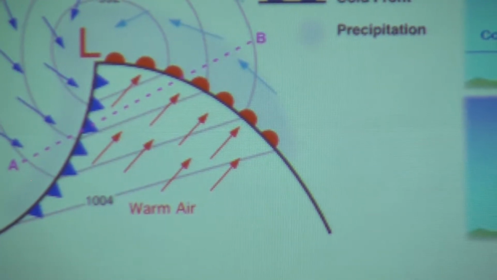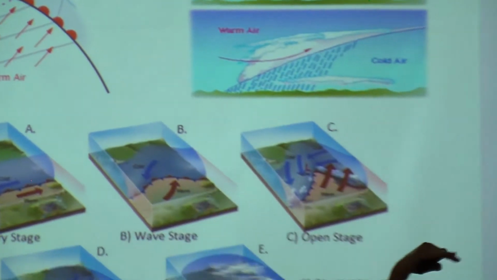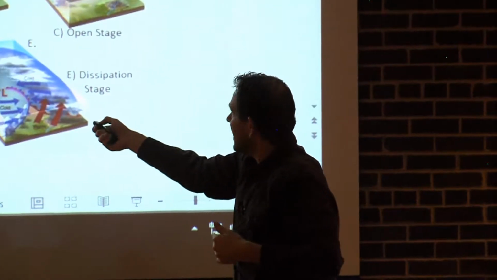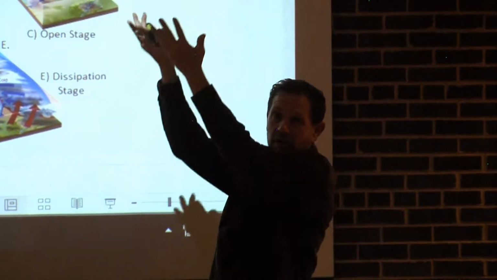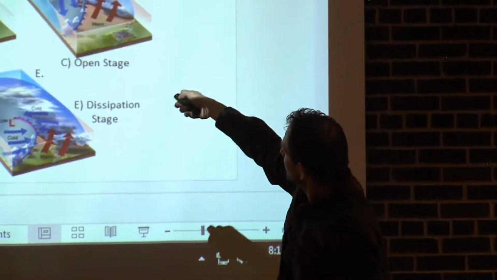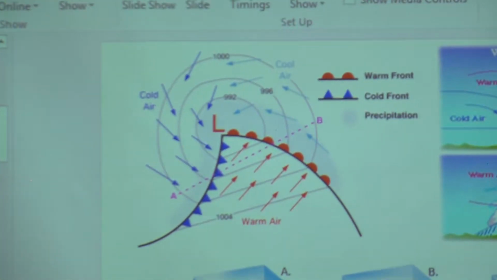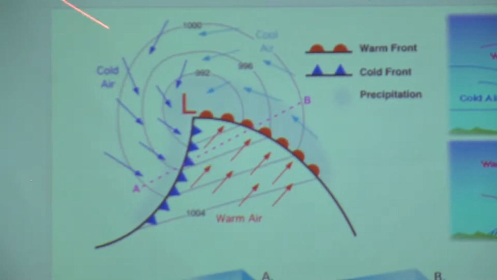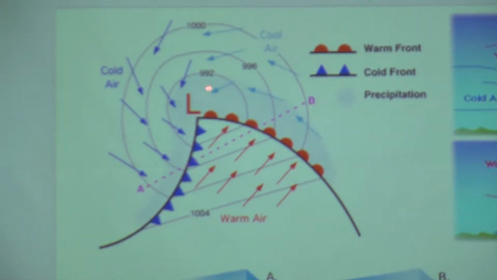Basically, atmospheric pressure is how heavy does the air above you feel? Is it pressing down on you, or is it lifting up and becoming more buoyant, becoming lower pressure? If warm air is being forced up in any given way, the pressure in this area is lowering because the air is rising. All around the rest of the storm, where the air is colder, you have an increase, well, not necessarily right in here, but especially behind this cold front. Now that the cold air has moved in behind it, the pressure is starting to rise. Anywhere behind this cold front, the pressure is starting to rise.